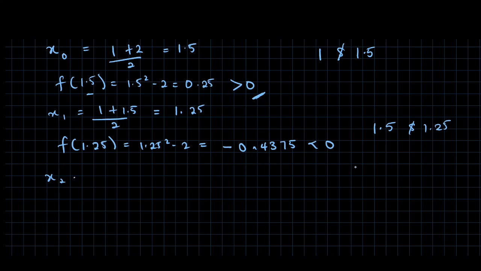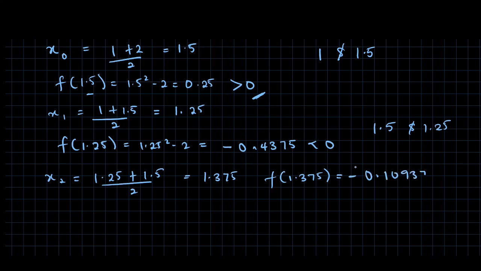Now for the next one, x2, that will be 1.25 plus 1.5. Usually I like to write the lesser number first. So (1.25 plus 1.5) all over 2 equals 1.375. Put it into the equation. That's f(1.375), which equals 1.375 squared minus 2. That's equal to minus 0.109375. Try not to reduce the amount of digits you get. So this is less than 0. We look for the last number that was greater than 0. In this case, 1.25 was less than 0, but 1.5 was greater than 0. So now we know that the root will lie in between